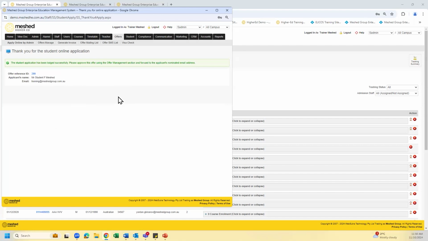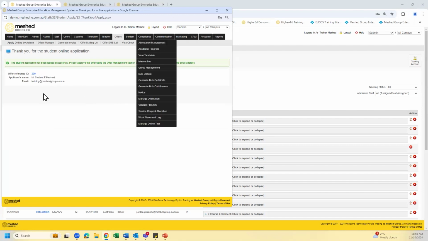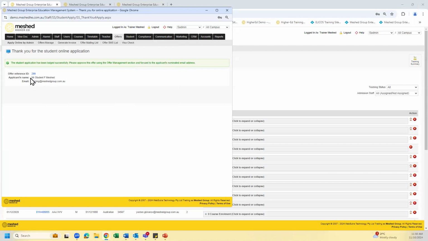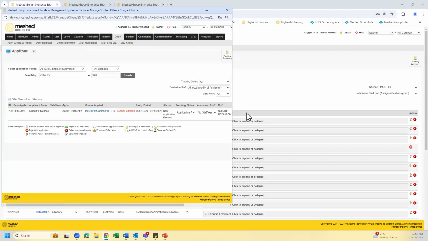Now this is the last difference in terms of the application process. Once the student or agent submits the application, they will see an offer reference ID, but the offer reference ID is a static number. So they will just jot it down, or wait for an automatic email that goes out advising them of this offer ID. But because we are importing from the back end, this ID actually becomes a hyperlink. So if I click here, it will take me directly